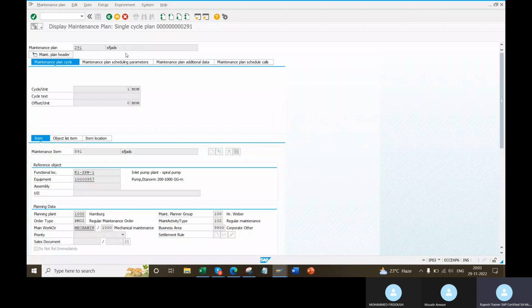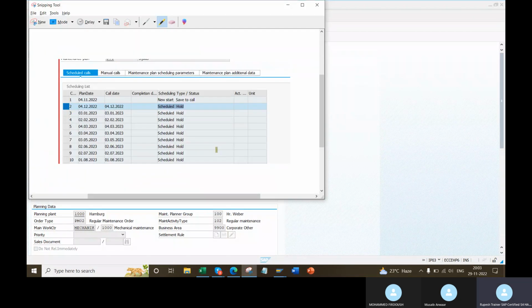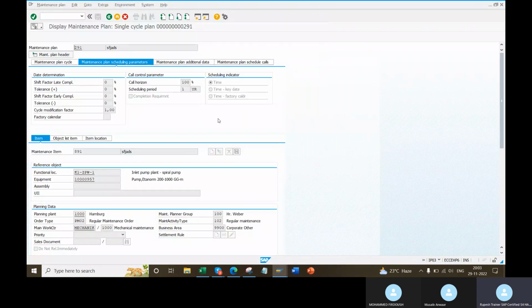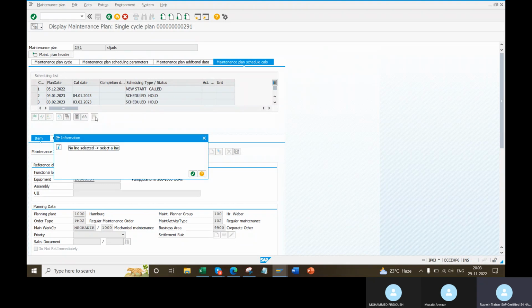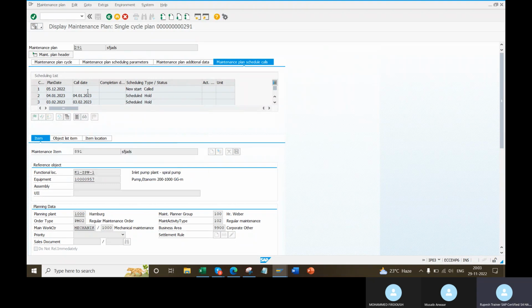Now go to the plan. As I told, your startup field is empty. Before I told the field here, remember startup cycle. And the fourth tab came here. Your IP10, but here you cannot modify, but you can just see it. I don't know whether you can schedule here manually, just information. So from this you can come to know the plan is scheduled. Okay, plan is scheduled. Till now everything good.